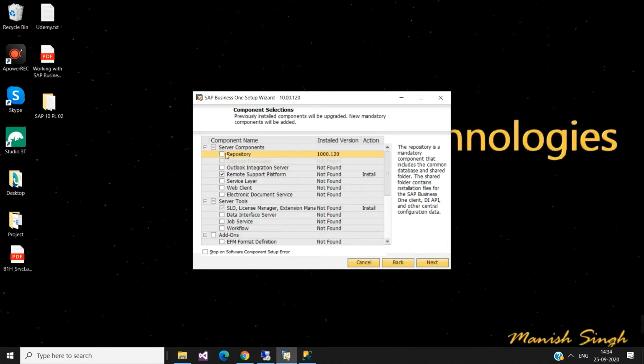So you can see that in server component, service layer and web client is different than earlier versions of SAP Business One. So here in SAP 10 PL2, you will be able to see service layer and web client. So let's select